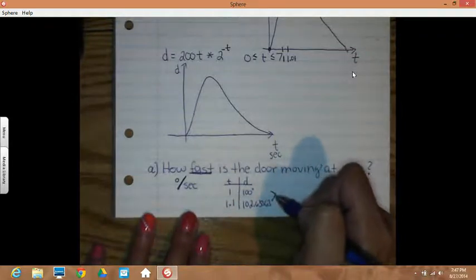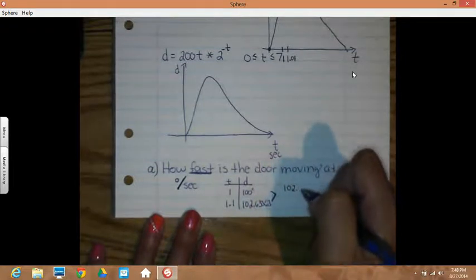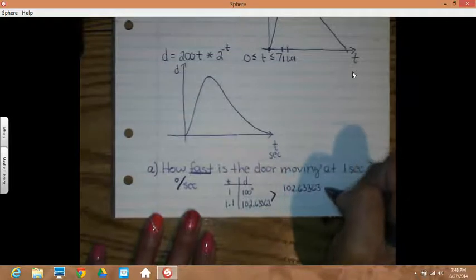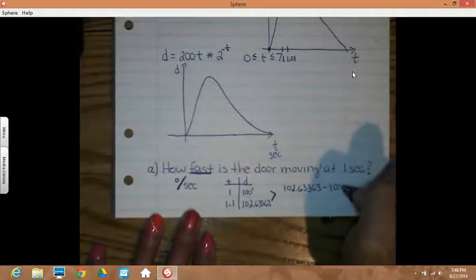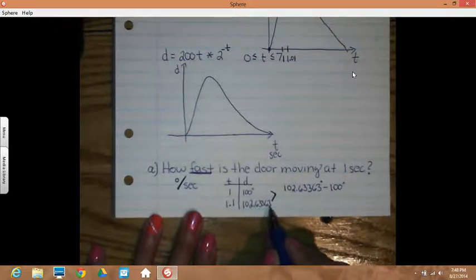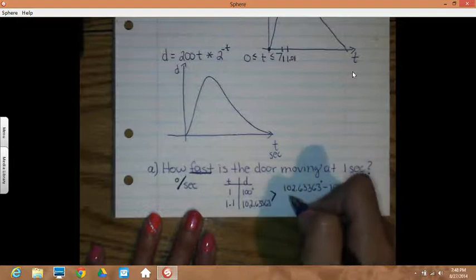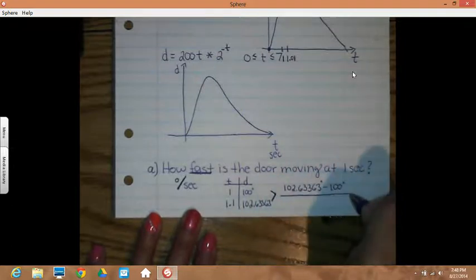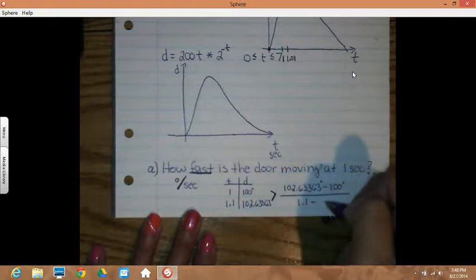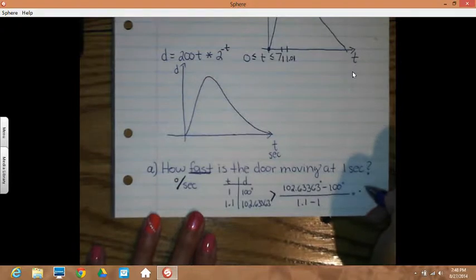Not that I need to write it out, but just in case you're looking back. So I'm taking the 102.63363 degrees, subtracting the 100 degrees. That's going to give me how many degrees that changed over my change in time. So I'll get 2.633